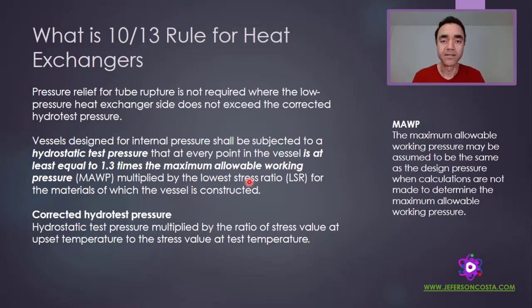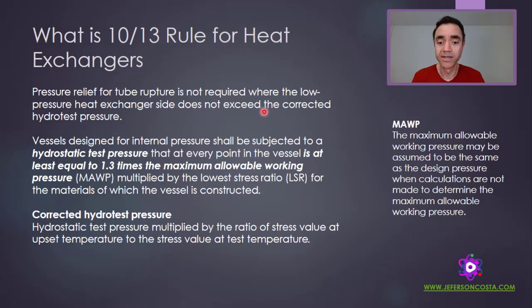In this case, the heat exchanger follows the ASME code, and because of that, we have this relationship between the maximum allowable working pressure and the hydrostatic pressure. If the code of fabrication of the vessel or heat exchanger changes, the value representing the times that we must guarantee the maximum allowable working pressure can change, but the principle is the same